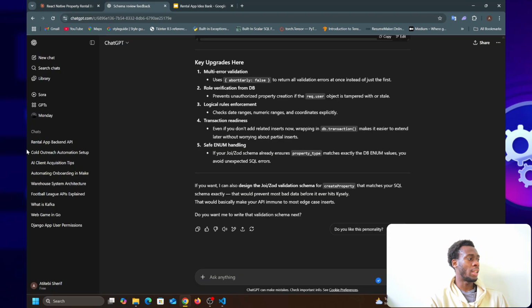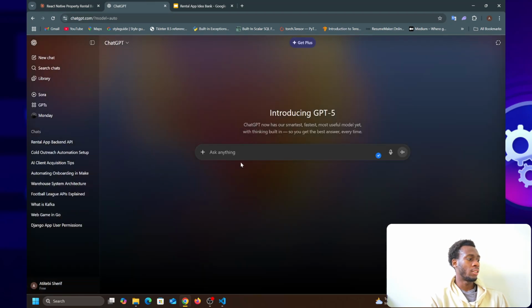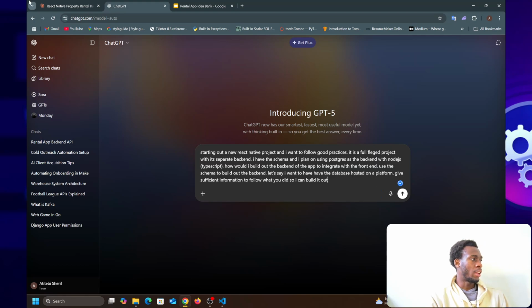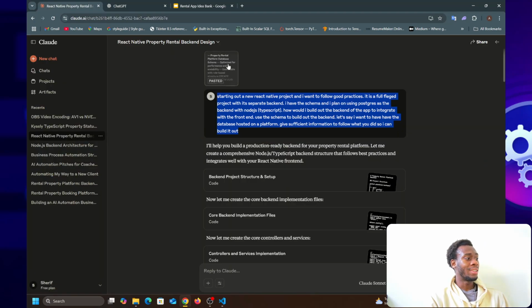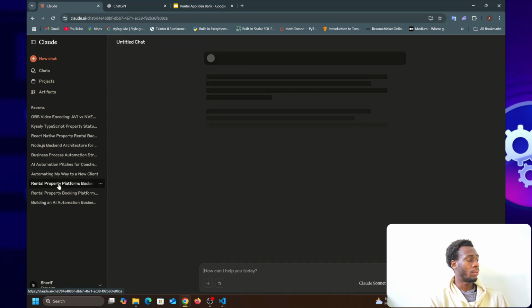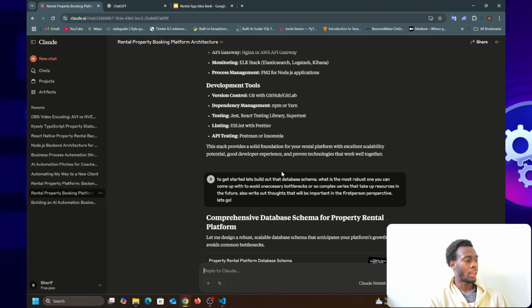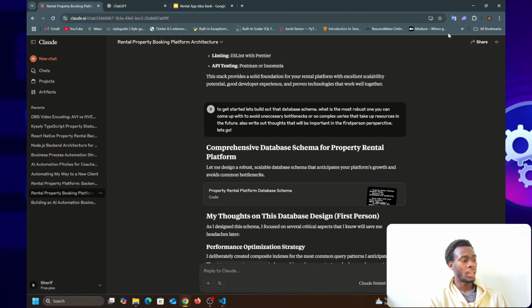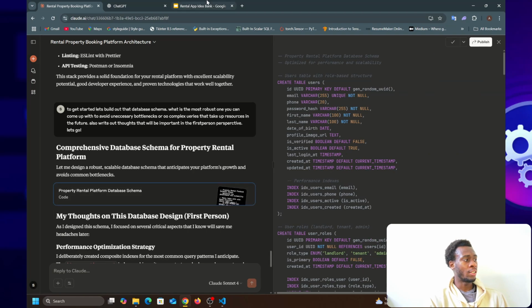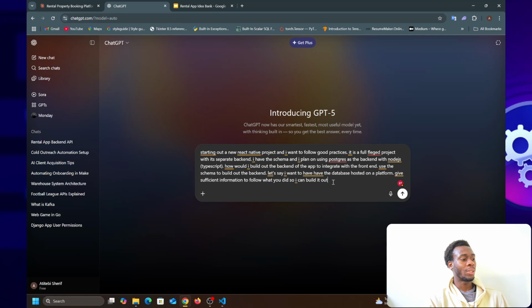I'm going to prompt a new chat. I also feed it, because what I fed this prompt here was the schema, as you can see here, which is basically what I already did. And I'm going to do the same thing again. I'll just copy the schema from right here. No, not here. From right here. Here's the schema, the comprehensive schema, and let's see what it comes up with.